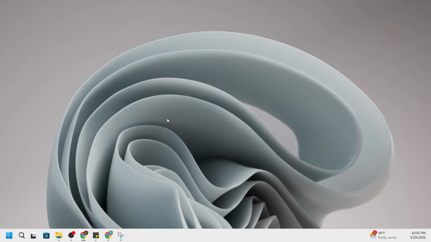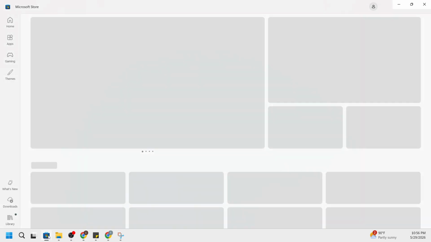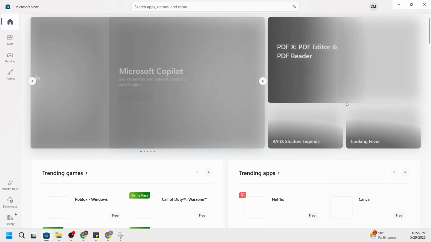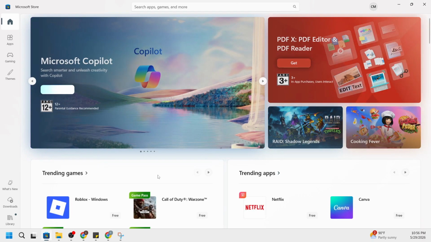There's also an easy option that's often right in front of you. By default, Windows pins the Microsoft Store to the taskbar at the bottom of the screen. Look for the icon shaped like a white shopping bag with the colorful Microsoft logo. When you spot it, click once to open the store. This is the fastest click-and-go approach when the icon is visible. If you use it often, keeping an eye on this icon makes launching the store feel almost instant.